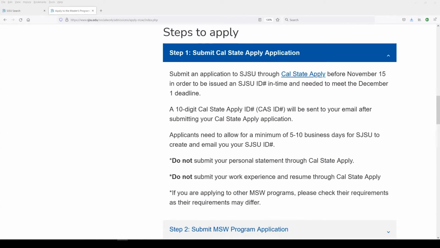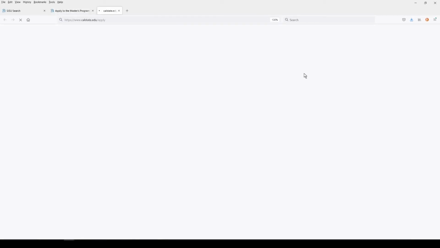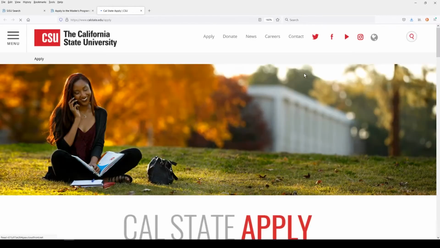In order to access the Cal State Apply website, simply click on the link. For our MSW program, we only offer fall admission. Thus, when you select which term to apply for, make sure you select fall. What you see on my screen might differ from what you see on your screen because this page is also constantly updated. In order to apply through Cal State Apply, simply scroll down the screen